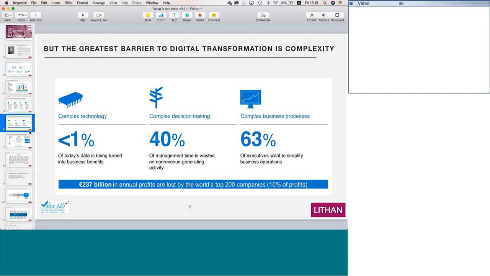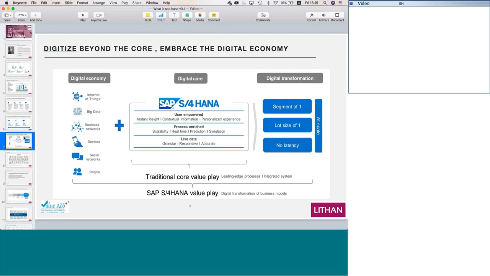So given all this context, digital economy, transformation, the complexity, here comes the one solution to all, what we talk about as HANA. Now HANA is one of the most used words in SAP now. You've got to be very careful when you understand what is HANA. When you say HANA, you will understand this in the next 20 minutes. You've got to know what is the prefix and suffix of HANA to know what solution we are talking about here.